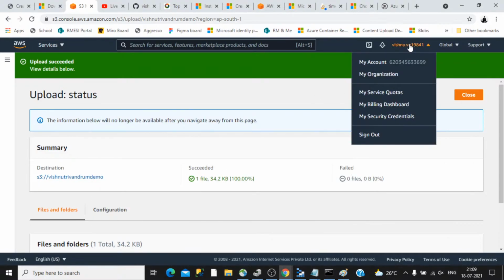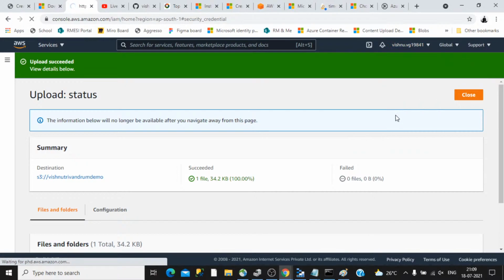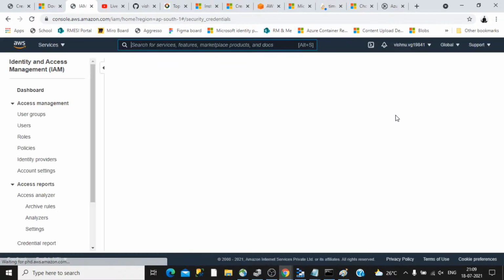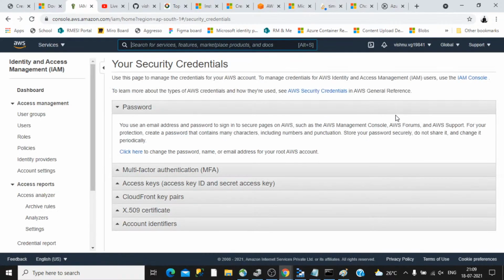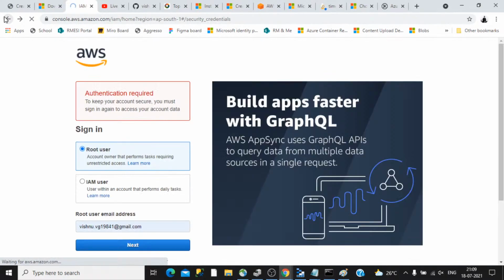So for that purpose, you can click here on your account details, and then click on My Security Credentials. Let's open that page and see.